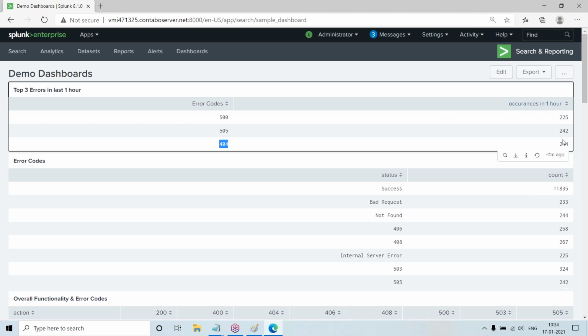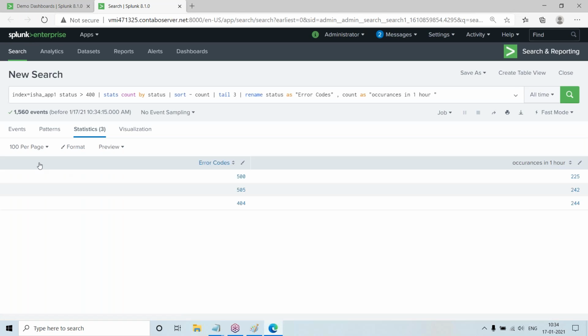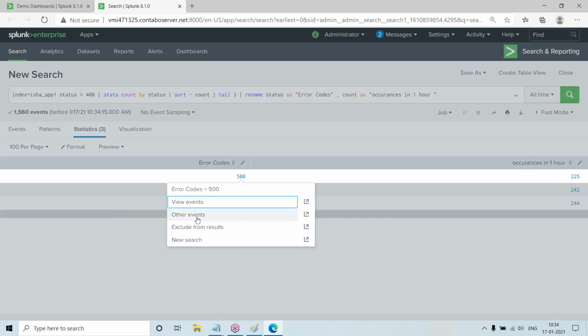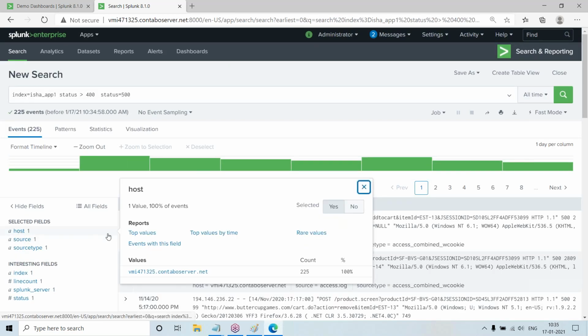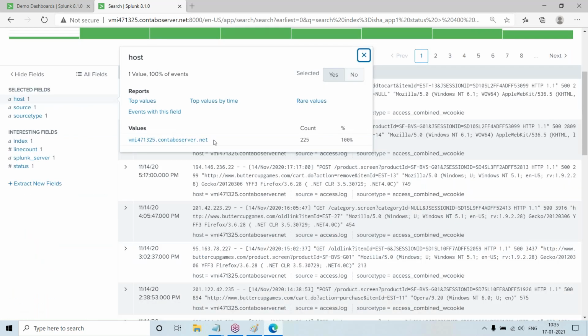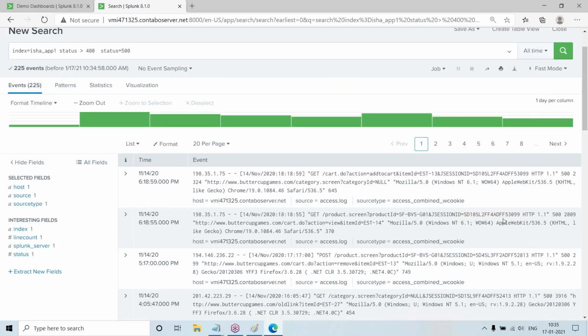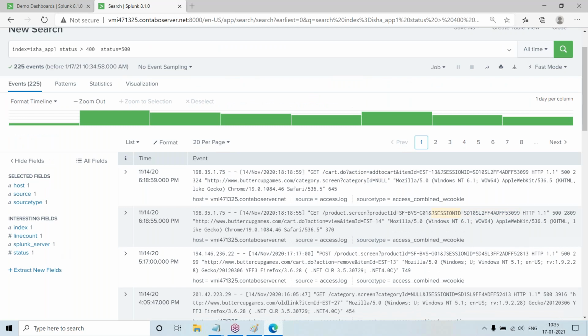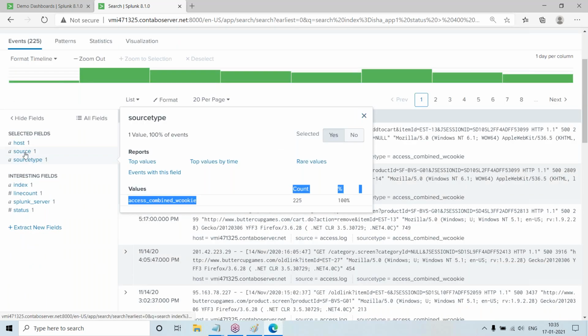Got it? So if you want to extract the information, I got this 500, where to find that? Then I can open Splunk and see. If I want 500, I will just see view events. Now I will know this machine is having that issue, from this machine I got those errors, and the timestamps and all the logs I will be getting, and I can see which log source.